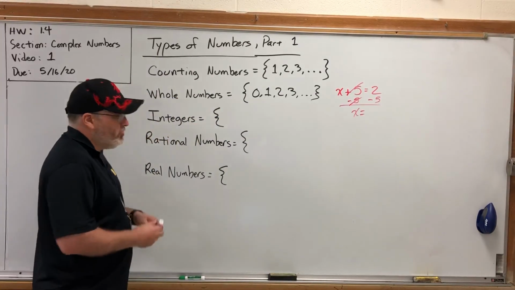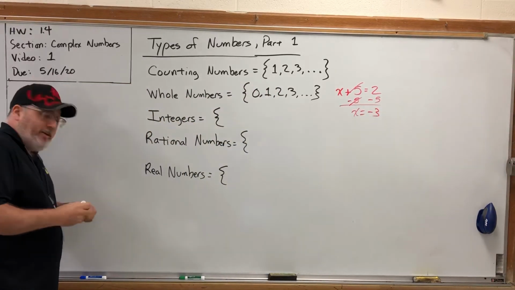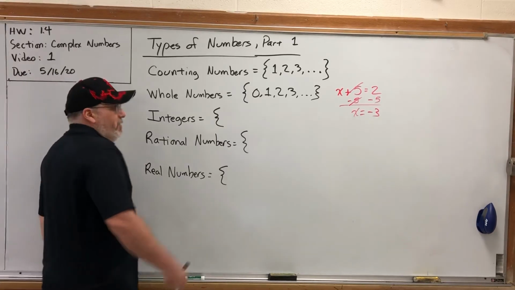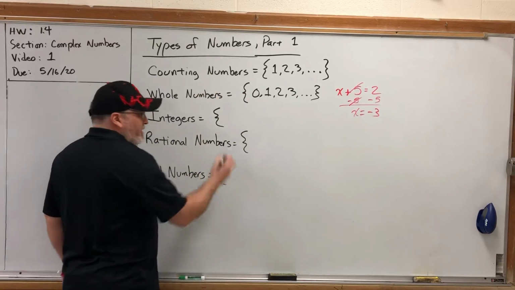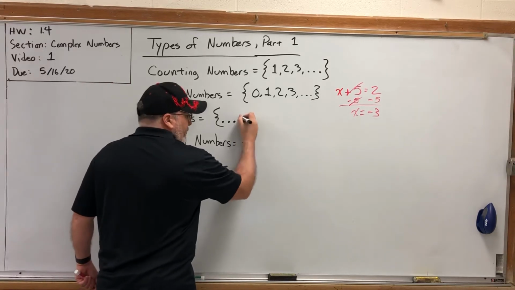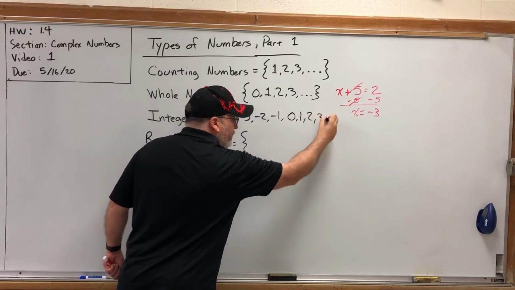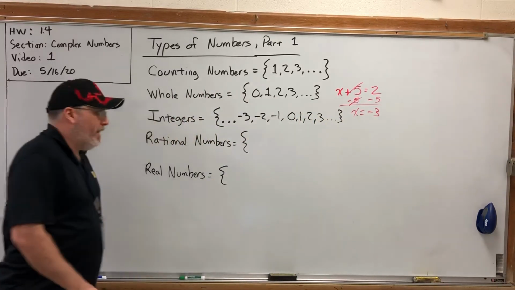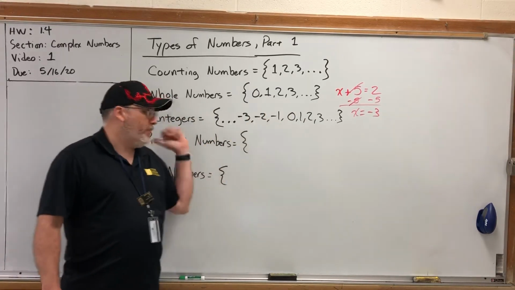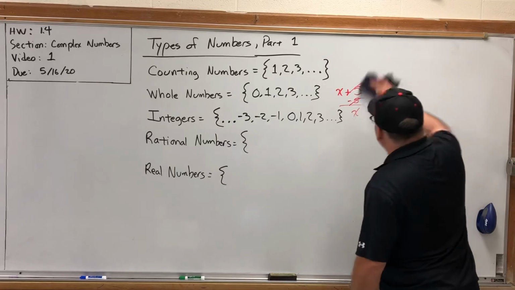And of course, we get more numbers. The solution of this equation is -3, which means we need negative numbers. In come the integers. The integers are just the positive and negative whole numbers and the number 0. Now, because negative numbers go to the left, so to speak, and they go forever, I have to start this set with ellipses, and then just pick it up, we'll say with -3, -2, -1, 0, 1, 2, 3. I really don't need to go that far. I just wanted to show that we are adding on to the set of numbers that we already have. We have the whole numbers, and now we picked up the negatives, and now we have what are called the integers. And everything's okay for a while.